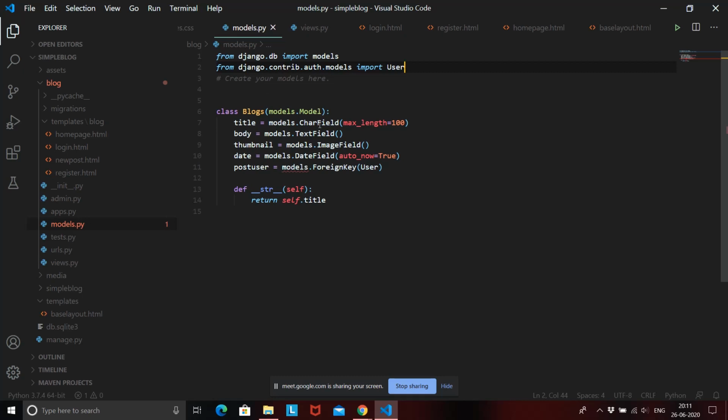So basically whatever data is stored inside our user model is going to be selected, and that is going to be stored inside this attribute called post user. That is going to tell us which user has created this model for us. So this is going to connect the user model with the blog model.